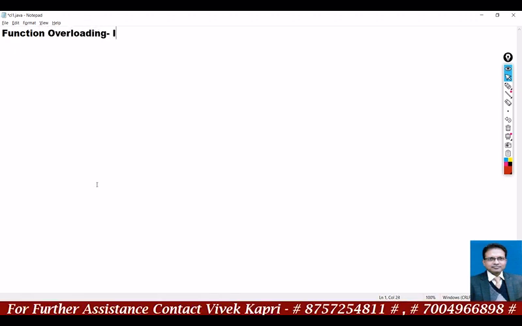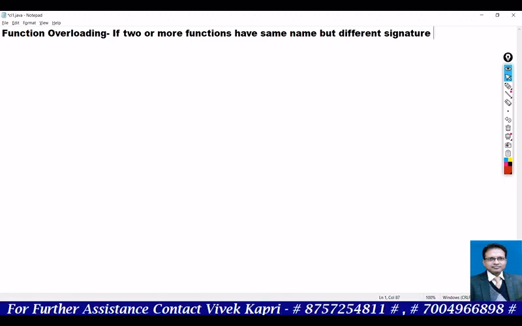Function overloading. What is the definition? If two or more functions have the same name but different signature, then this functionality is called function overloading.